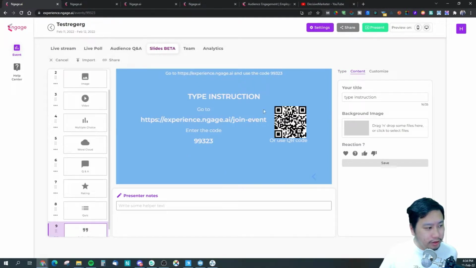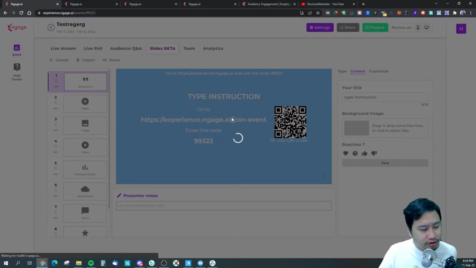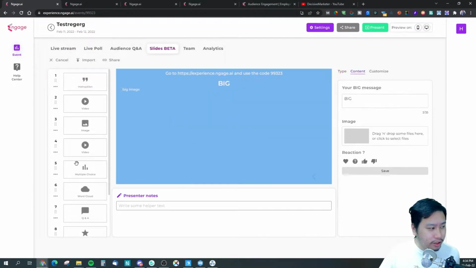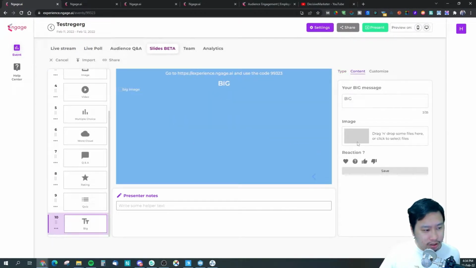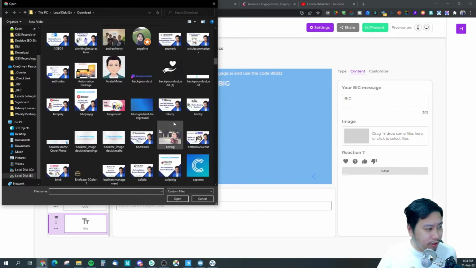Right, so you got the instructions. Okay, so I can move this up as the first page or whatever it is. And what is big? So let's try that. Big image. So let's put in one then.